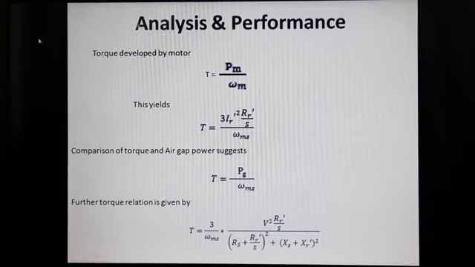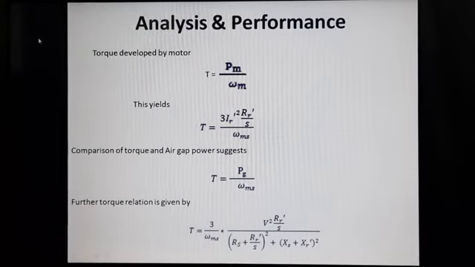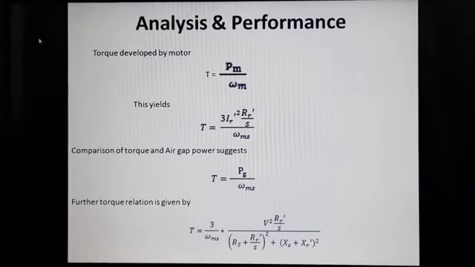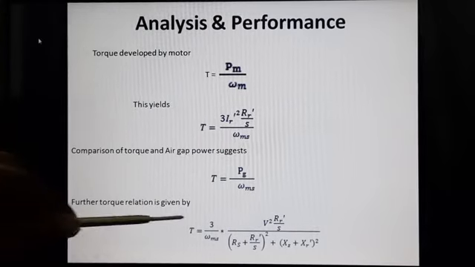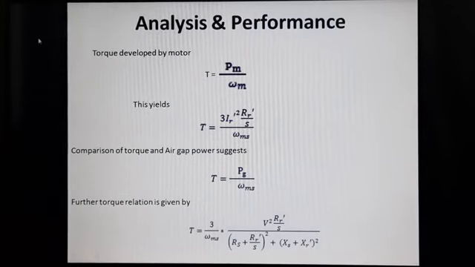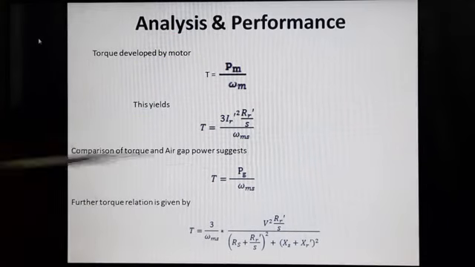The same relation you have studied in your machines course also before. At that time, we learned the relation as K s E2 square R2 divided by R2 square plus s X2 square. Some of you might be remembering that relation, the relation of torque. Torque is equal to K s E2 square R2 divided by R2 square plus s X2 the whole square. The same relation you will be getting here also. The only difference is in the notations. There we represented it as E2, and here we will be indicating it as voltage V.